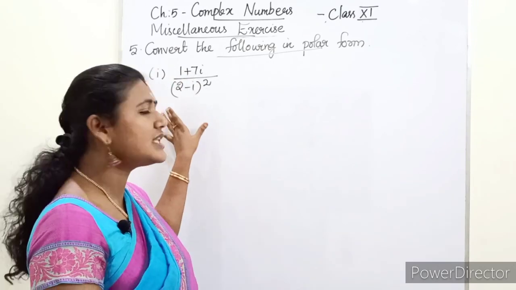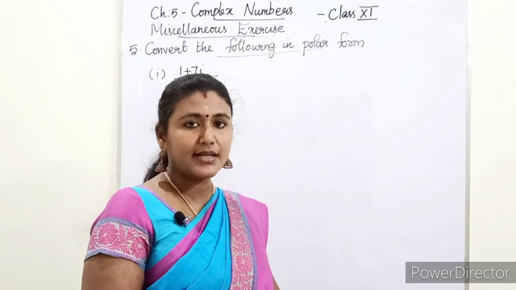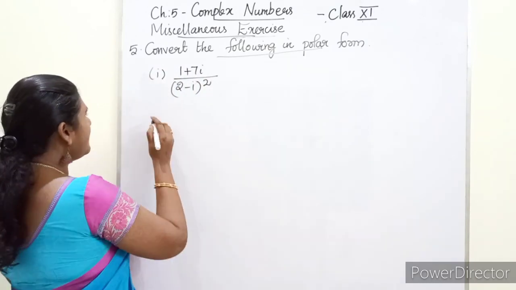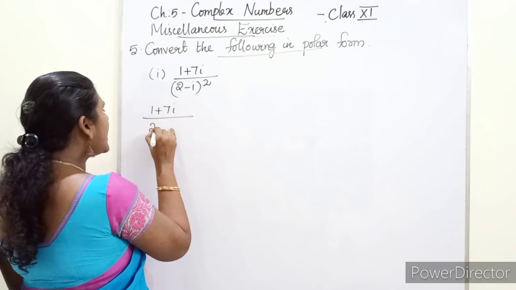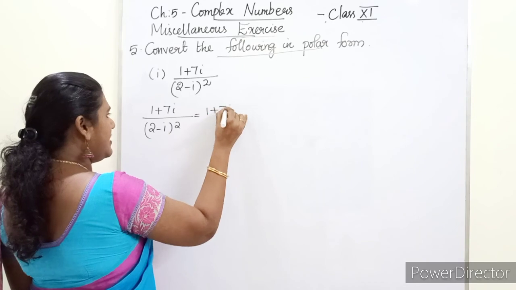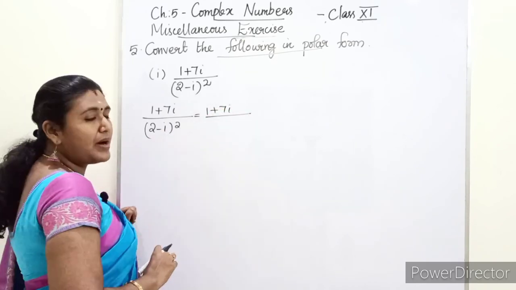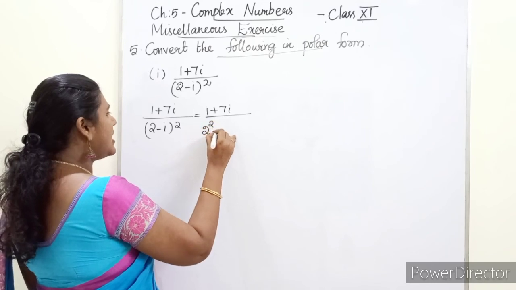We have to change the given question into a plus ib form. Then we have to find the polar form. So first we will simplify. So (1 plus 7i) by (2 minus i) the whole square. Here we will use the (a minus b) the whole square identity, that is 2 square